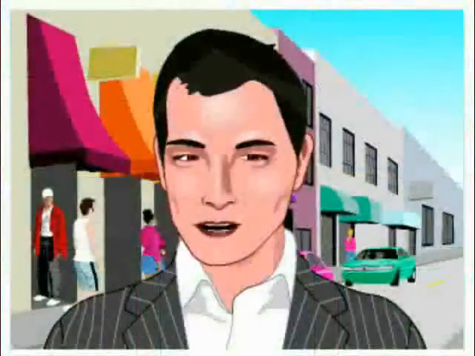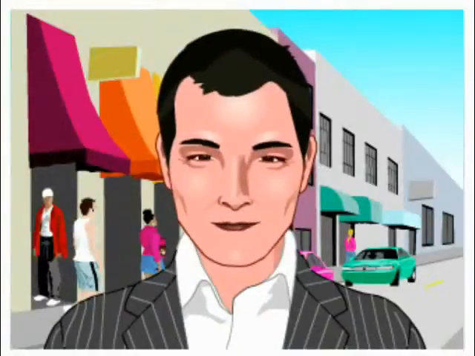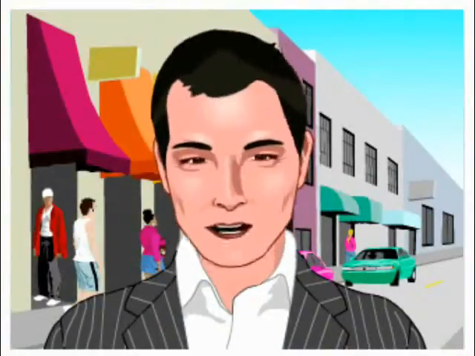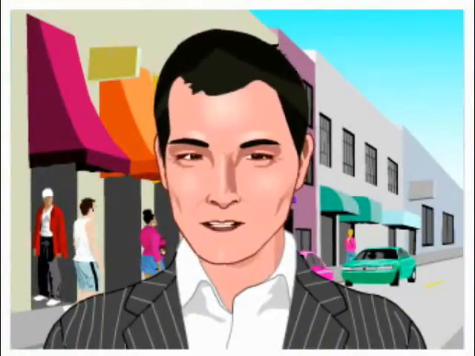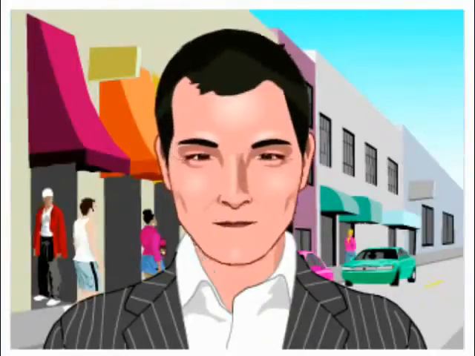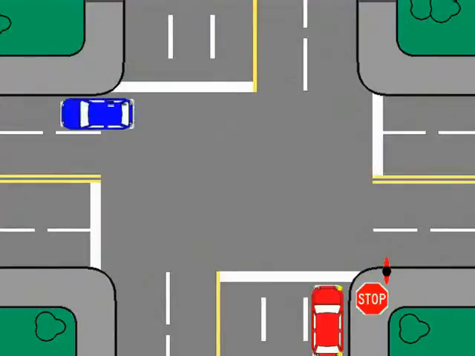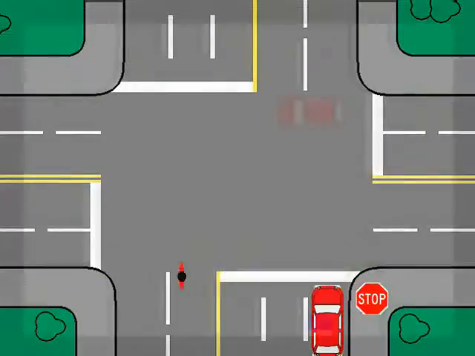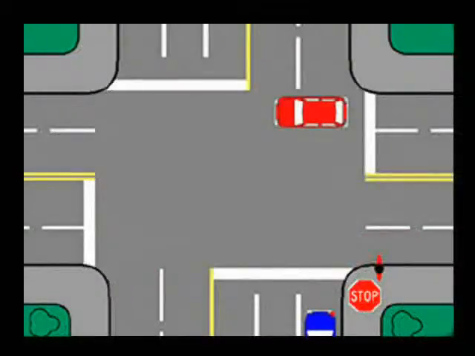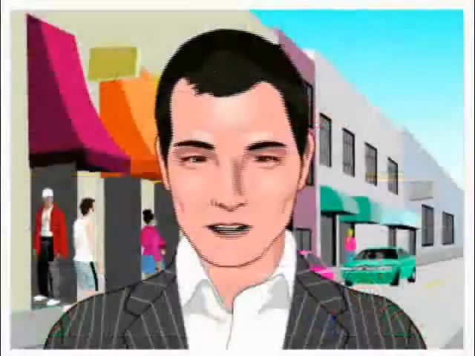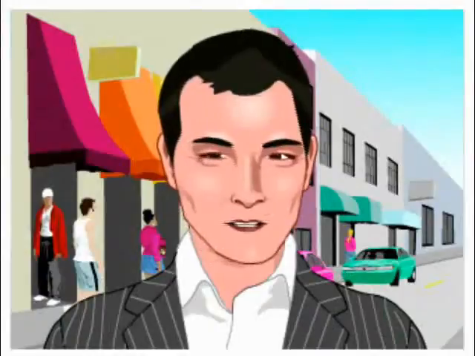Scenario 1 of 9. To make a right turn, you must signal your intention to make a right turn before approaching the intersection. Move into the lane closest to the right side of the road and come to a complete stop. Yield the right of way to pedestrians and other traffic. Make sure you check your blind spot before turning. Proceed into the right lane of the highway on which you wish to travel.